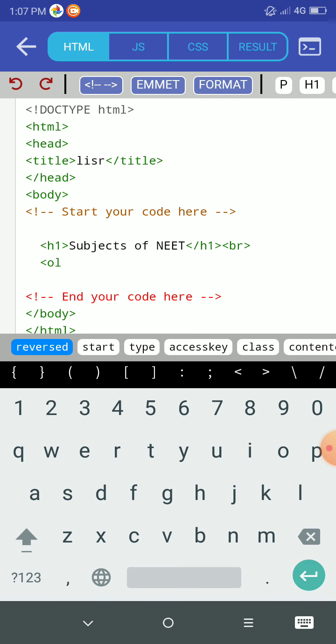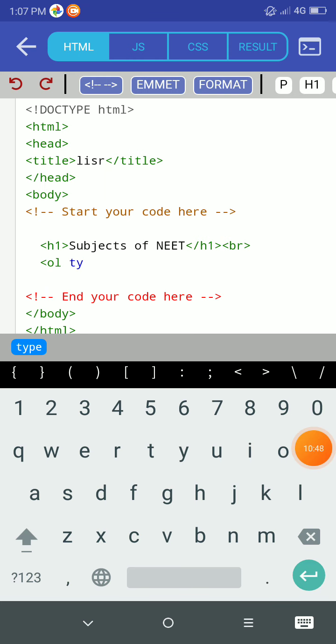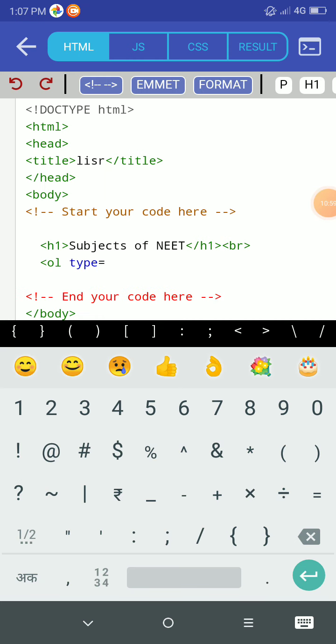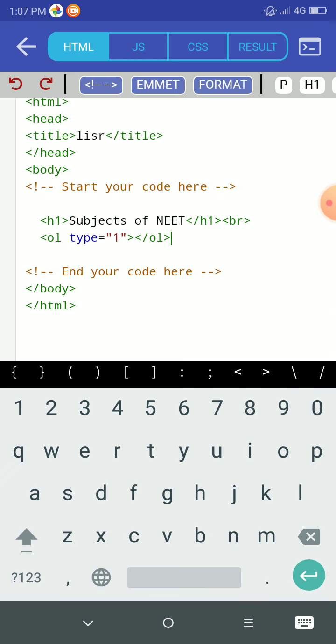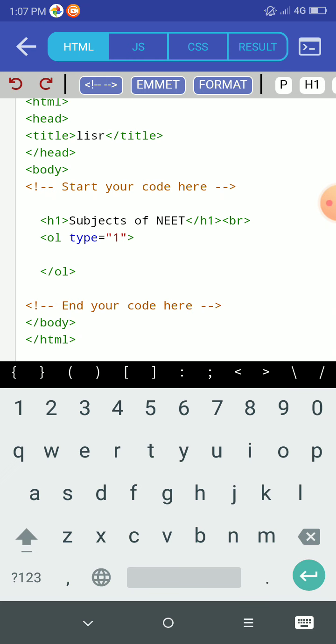OL, then type is equal to, in double quotation write 1, then OL close. After that write the first list item. For that we are using li.